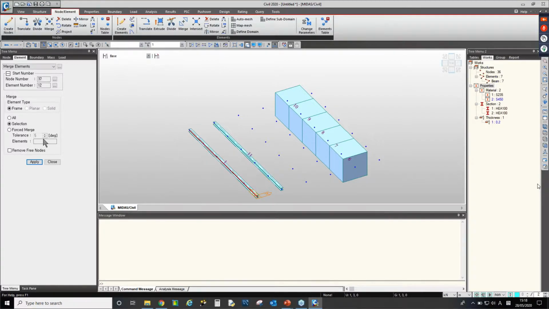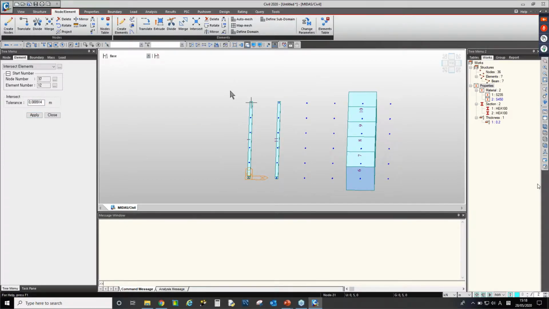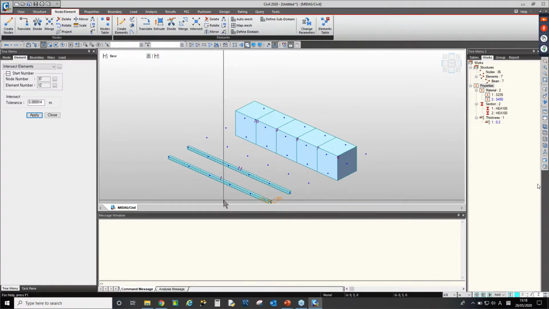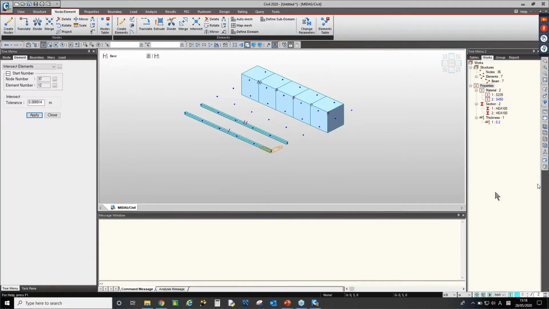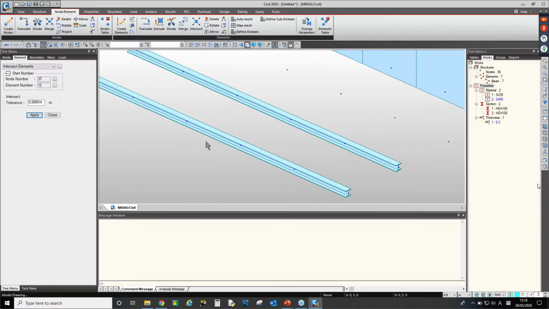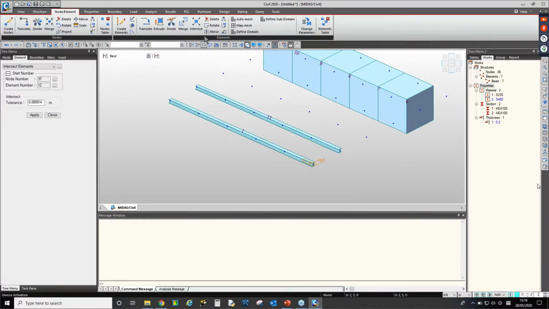Now it shows only 1 element. I'll intersect this element again. I'm not sure why it doesn't work, but anyway,